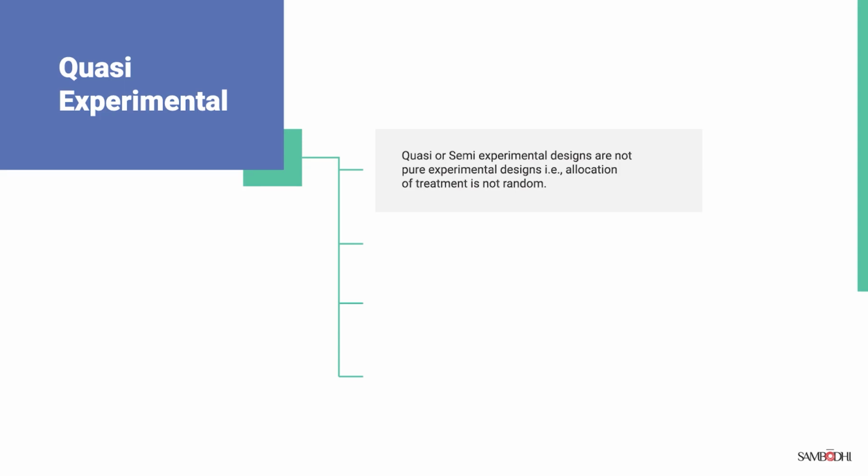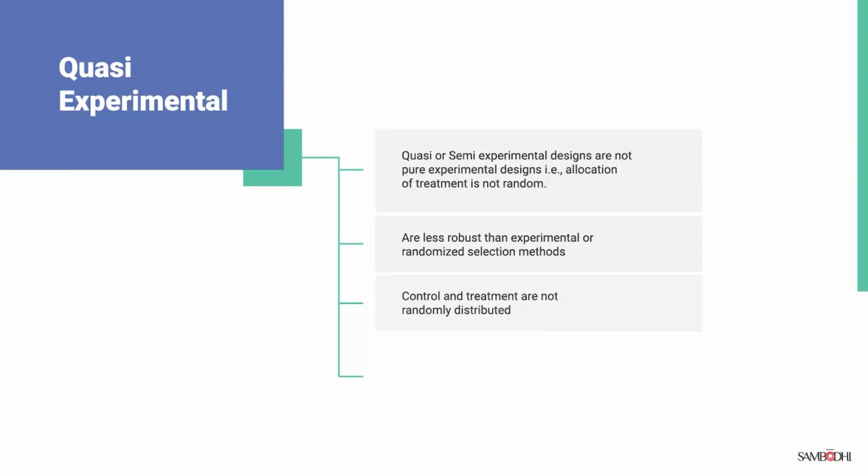This type of research design aims to establish a cause and effect relationship between an independent and dependent variable. In comparison to other methods such as experimental or randomized controlled trial, the quasi-experimental designs are less robust. The control and treatment in this method are also not randomly distributed, which might give rise to bias. In this method of research design, various techniques are used to create a counterfactual, depending on the stage of program